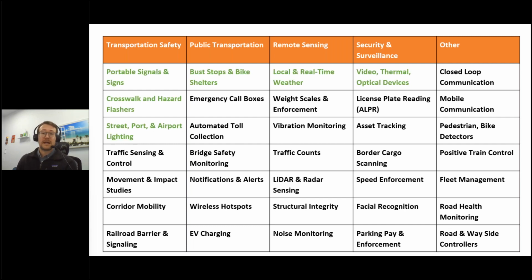But I want to start by highlighting some of the ones that people are probably most familiar with that I think have the most market penetration so far. So obviously we've got portable signals and signs, which has been the bread and butter, along with crosswalk and hazard flashers, as well as street port and airport lighting, bike and bus stop shelters, local and real-time weather stations, as